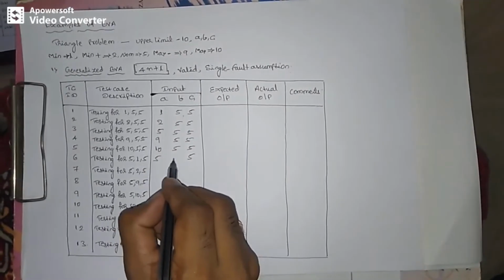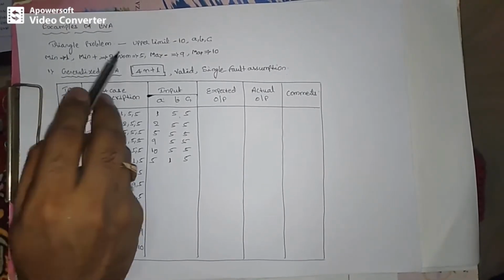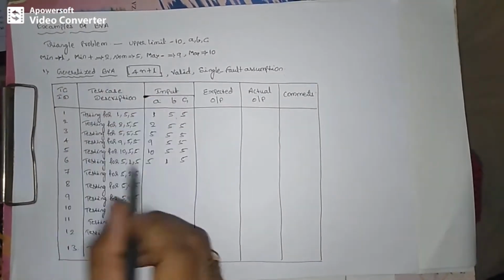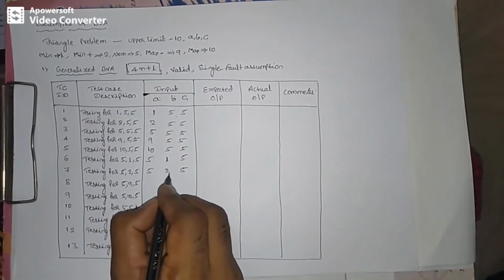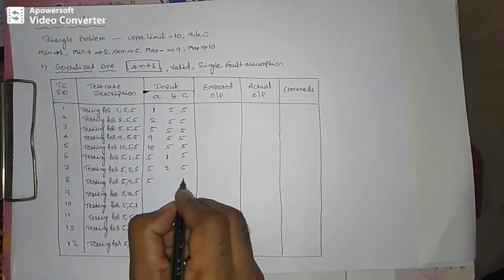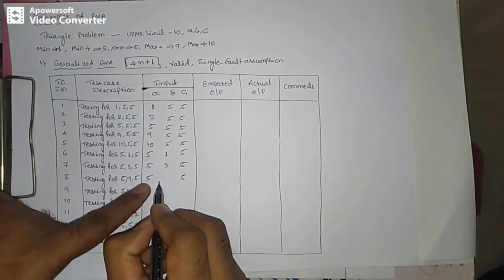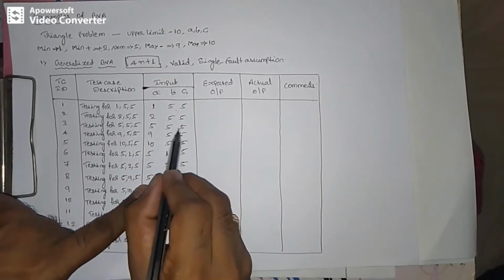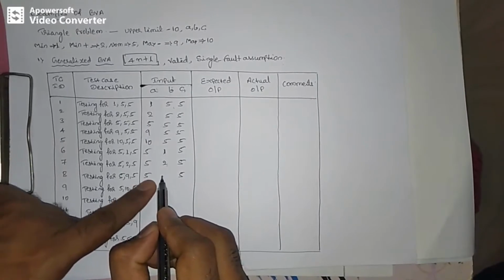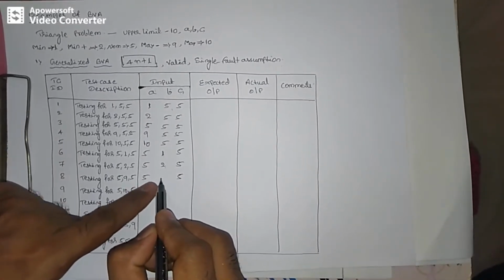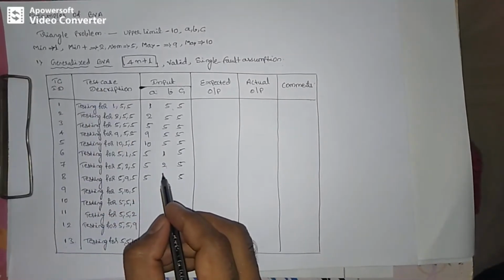Now I need to change the B value. That is, first start with the minimum, minimum plus, nominal, max minus, max. Now 2, 5. This is the minimum plus. Now see here, if I write nominal, this test case is already tested over here, 5, 5, 5. Therefore, we want to overcome the redundancy. Therefore, we are not testing over here. We are just skipping that test case and going for the next one.